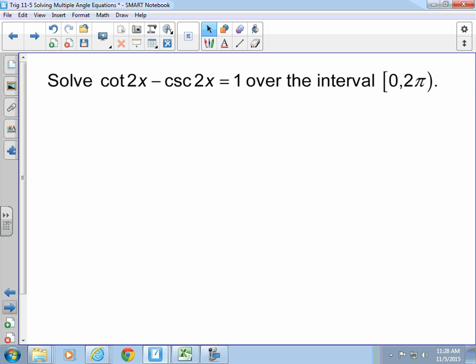I know no one's had time to finish it. Has anyone gotten any ideas on where to start? Anything we could do? Cosine from sines. Okay, change it to sines and cosines. Is that what you did also? Okay, change everything to sines and cosines. It's an option. It's the only option. We'll work with that one first. See if we can